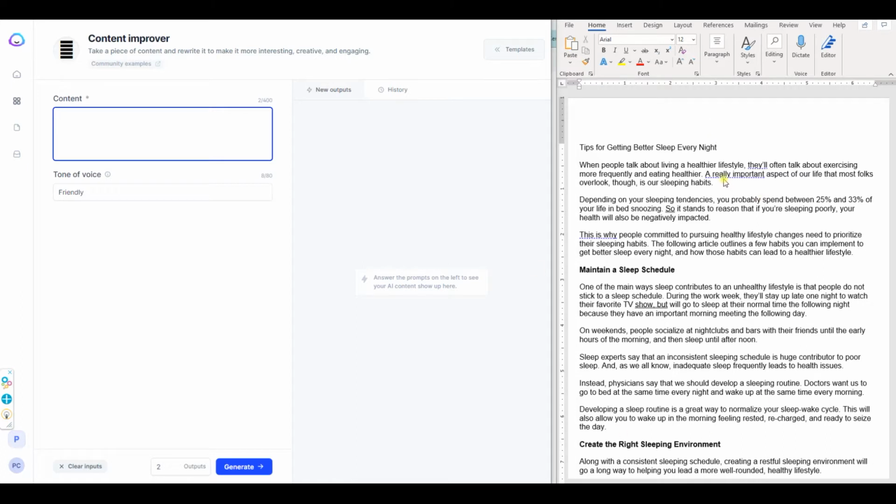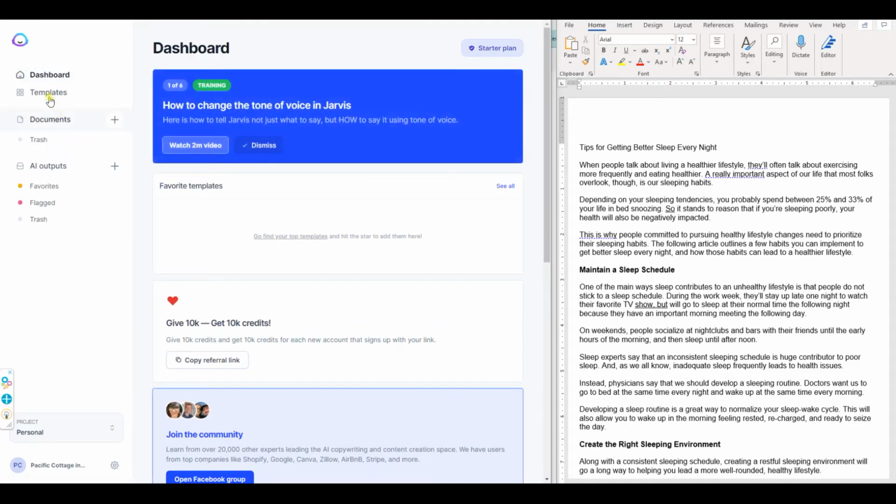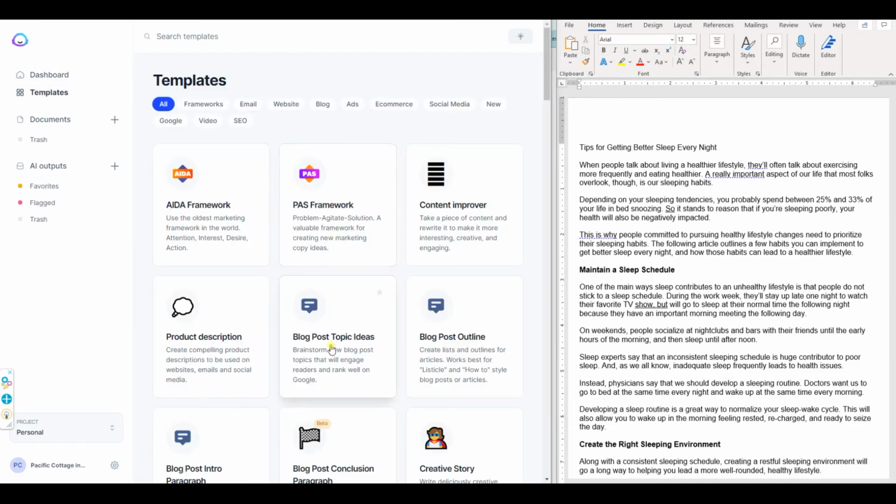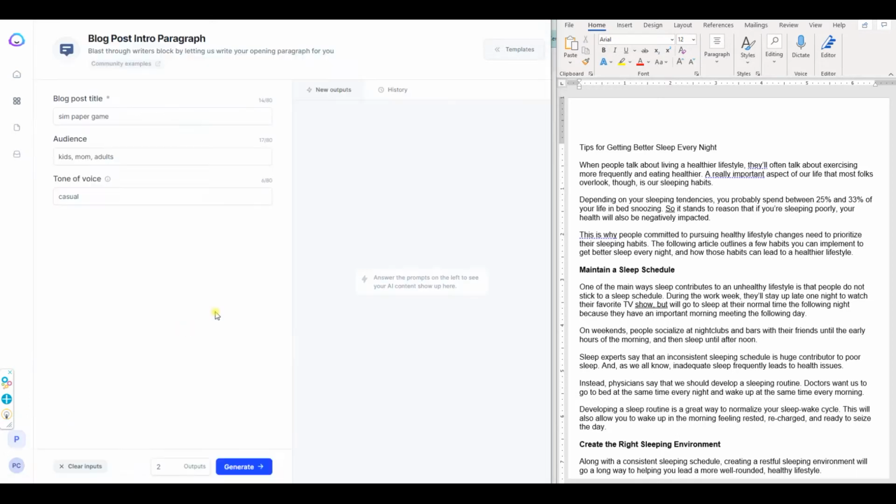This is an article from Jennifer Anderson's Health and Wellness PLR, Tips for Getting Better Sleep Every Night. So we could rewrite this with the intro paragraph thing. In fact, let's go ahead and do that. Let's just start there. So templates, and let's find blog post intro. And so let's do tips for getting